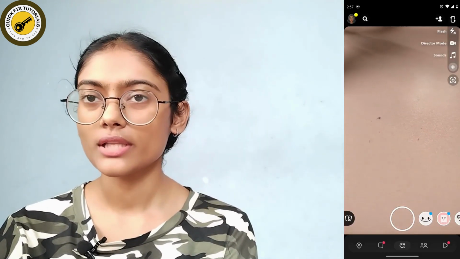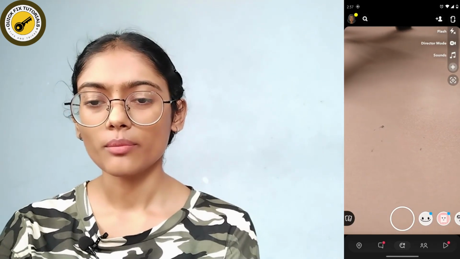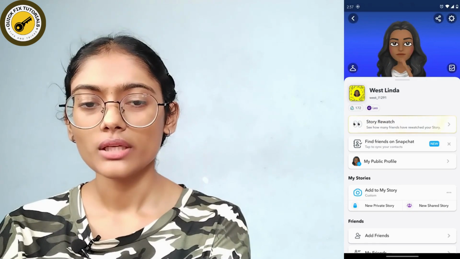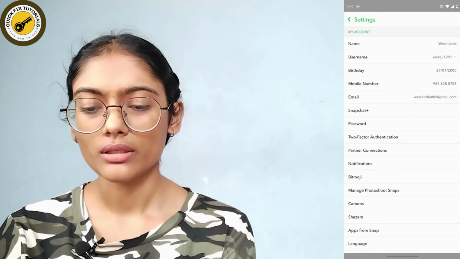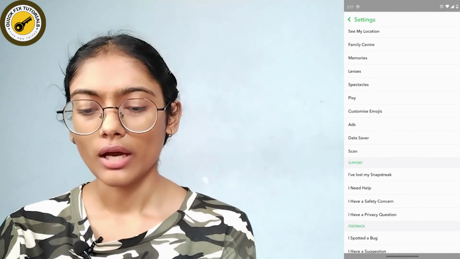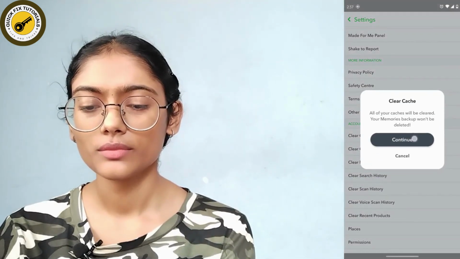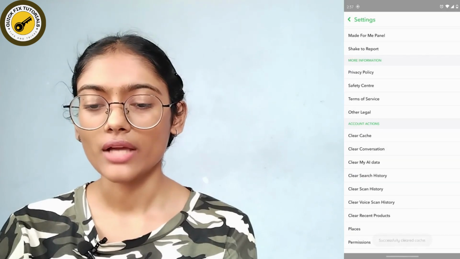And after opening your Snapchat, you can simply go to the upper left corner which has your Bitmoji, and then you can go to settings which is on the upper right corner, and here scroll down and tap on clear cache and tap on continue, and you have to clear all of the cache that is on